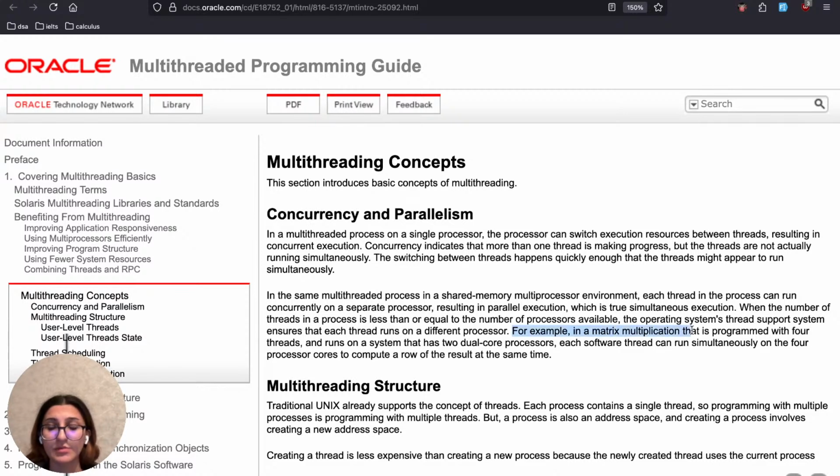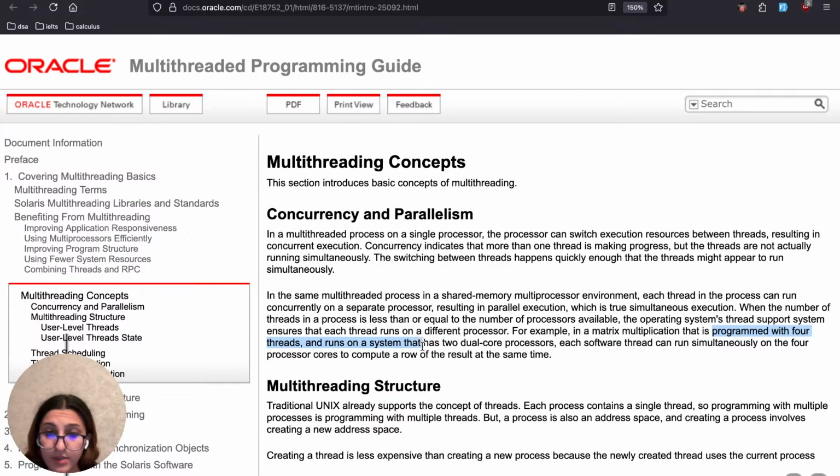For example, in matrix multiplication that is programmed with 4 threads and runs on a system that has 2 dual-core processors, each software thread can run simultaneously on the 4 processor cores to compute a row